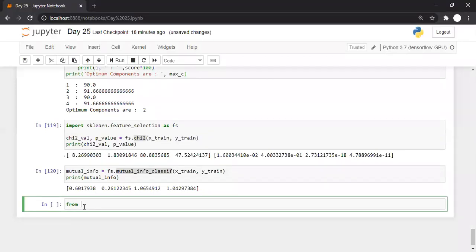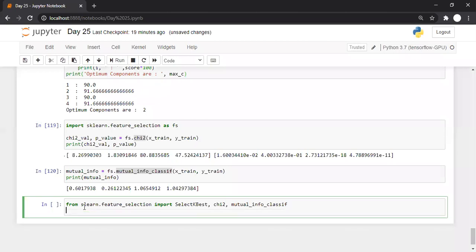From sklearn.feature_selection import SelectKBest. Here k is the number of features we want to select, 2 or 3 or 4, something like that. Then we import chi2, then mutual_info_classif.